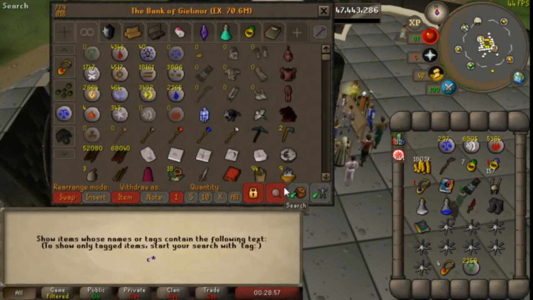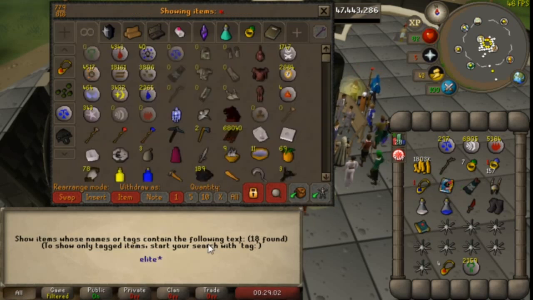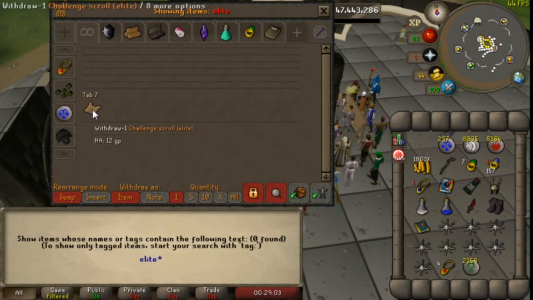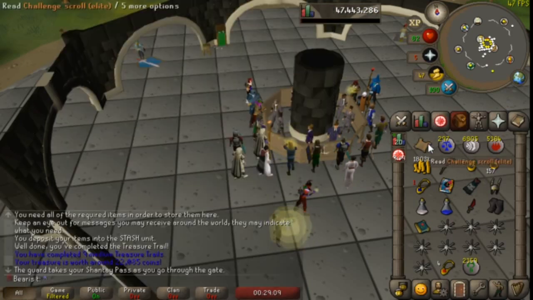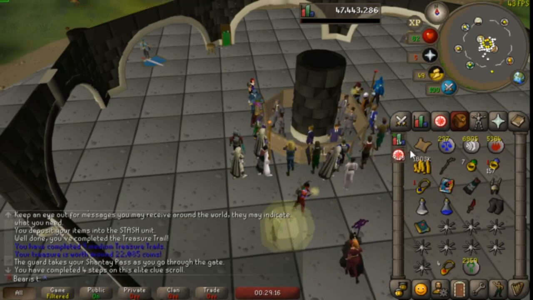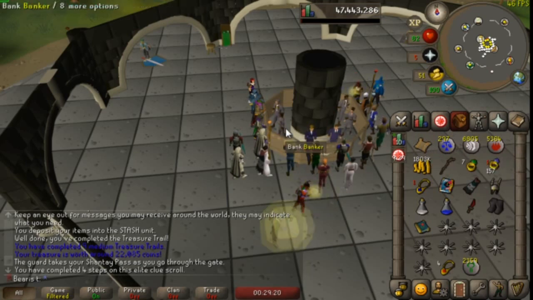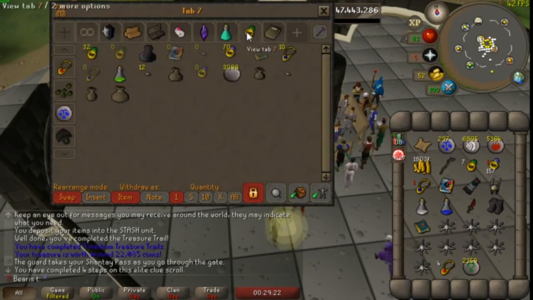I think I have any clues left. Yep, no clue. Wait, what? What happened to my elite clue? Okay, I still have my elite clue. Why didn't... Oh, why am I... Oh, it's a challenge scroll. That's why. Alright. Yeah, I still have to get 63 smithing for this one. How many steps am I? 4? Alright, so yeah. I just have to get 63 smithing. Just never really gotten around to that. I'm just so lazy. I really should, because I'm so close to completing an elite clue, but...